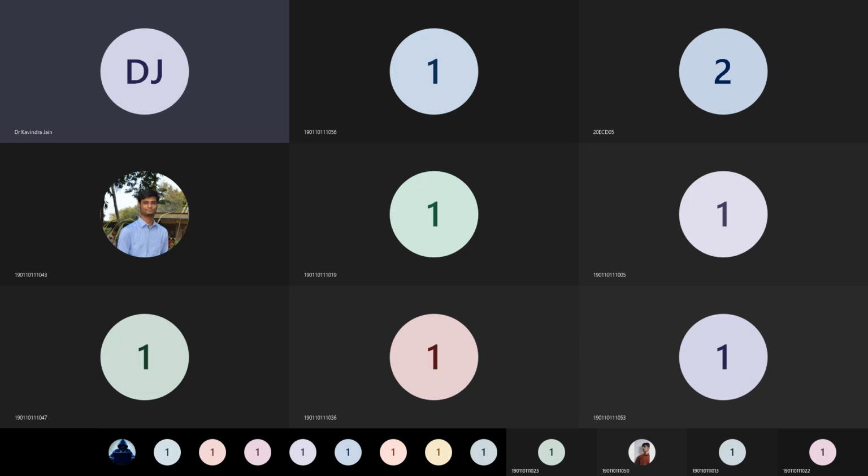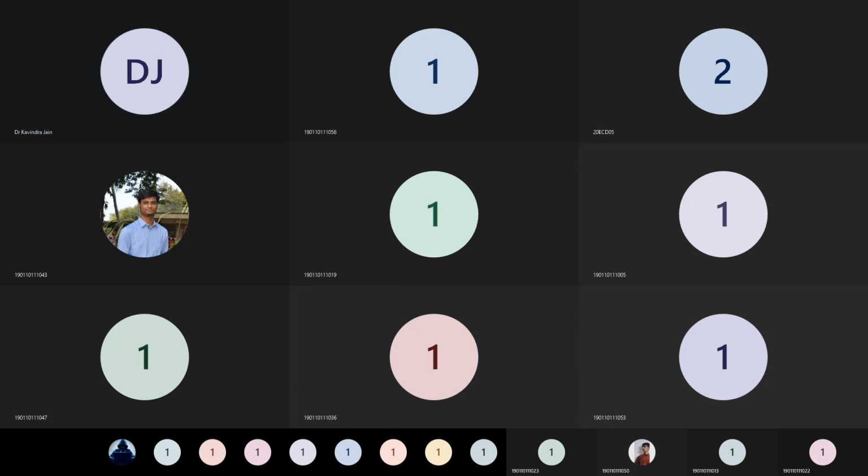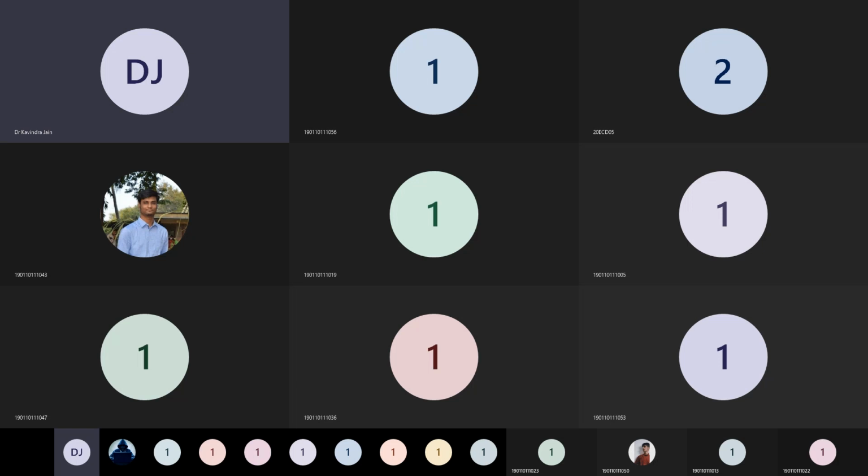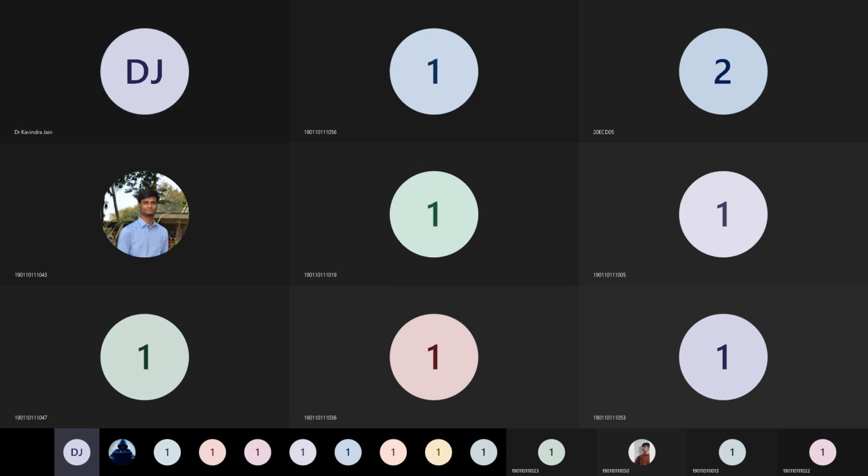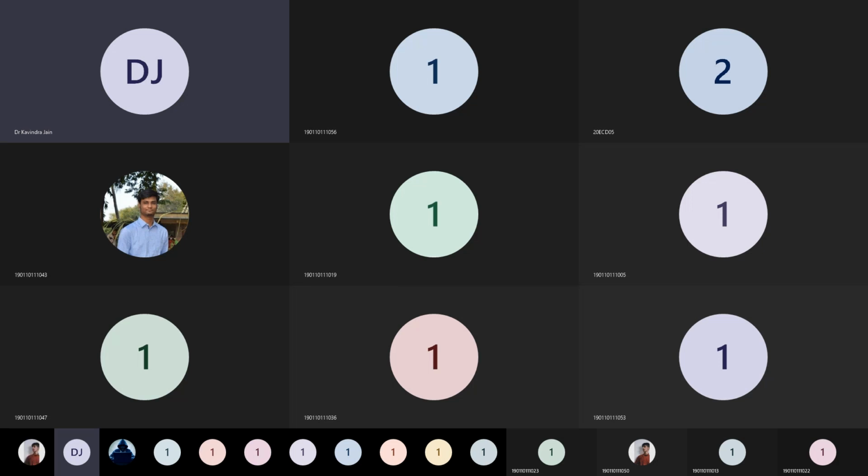The observation table that we will make will have, first, the input frequency F. Second would be the magnitude of gain, that is V0 upon V in. And the third thing would be the magnitude in decibels, 20 log V0 upon V in. So gain will come, and then magnitude in terms of decibels will come.